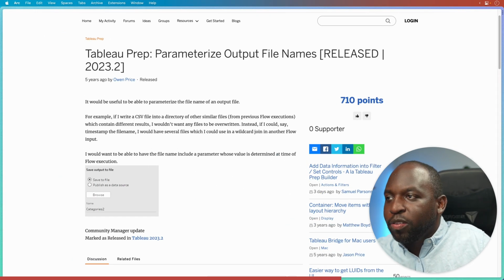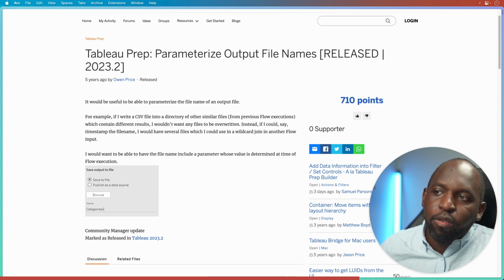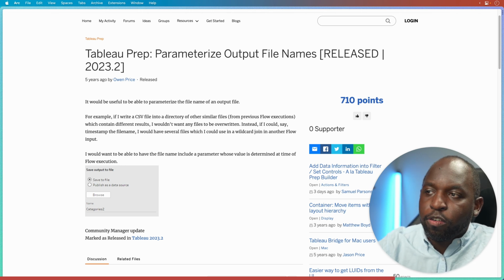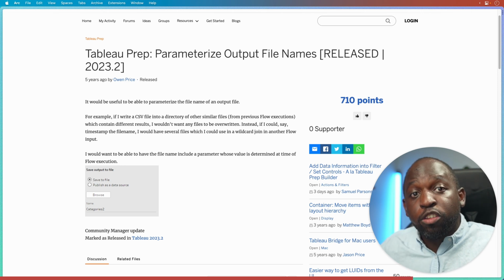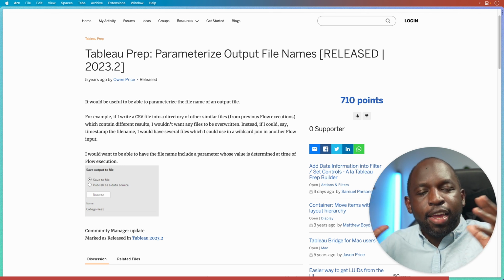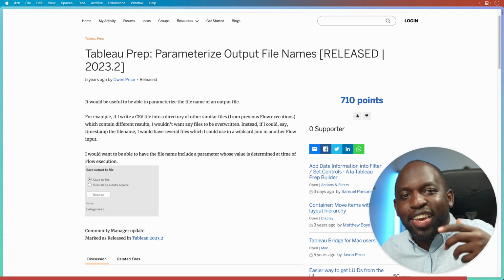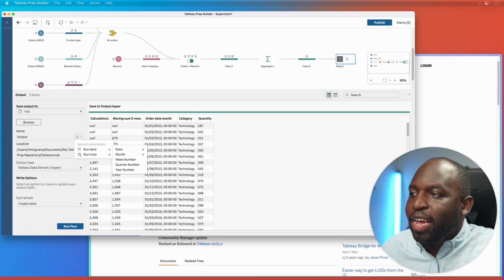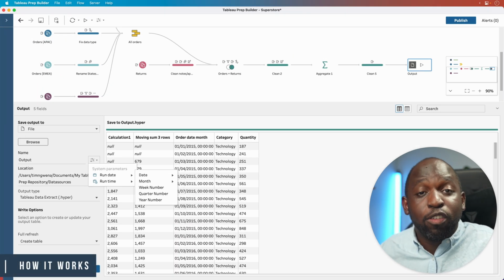Owen Price posted this option to parameterize the output file names. And actually Tableau did bring out the ability to add parameterized outputs to files. You can use dimensions in the data. And so what people were doing is adding a date column in their data and then using that date in the parameter. It was kind of messy. What Tableau have done now is they've just gone ahead and not made it a requirement to have those parameters